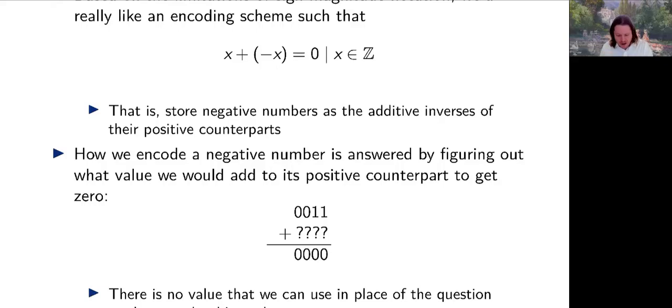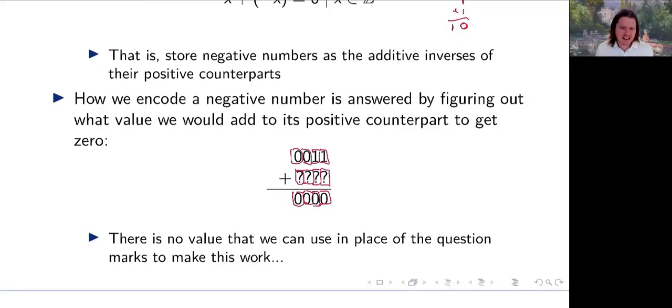Well, this is going to prove problematic if we're trying to do this with only 4 bits of representation. Because to add to 0, if you add 9 plus 1, just assume we have one digit that we can store the result in, well, there's a 1 here that needs to get carried. So the additive inverse is almost always going to require 1 more bit than you actually have. So we can't really add to 0, 0, 0, 0. There's no value that we can use in the place of the question marks that is going to make this work. However,